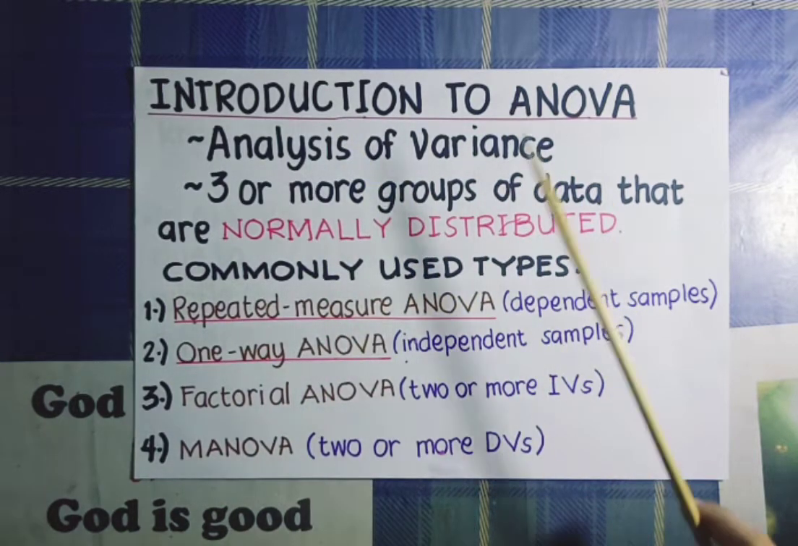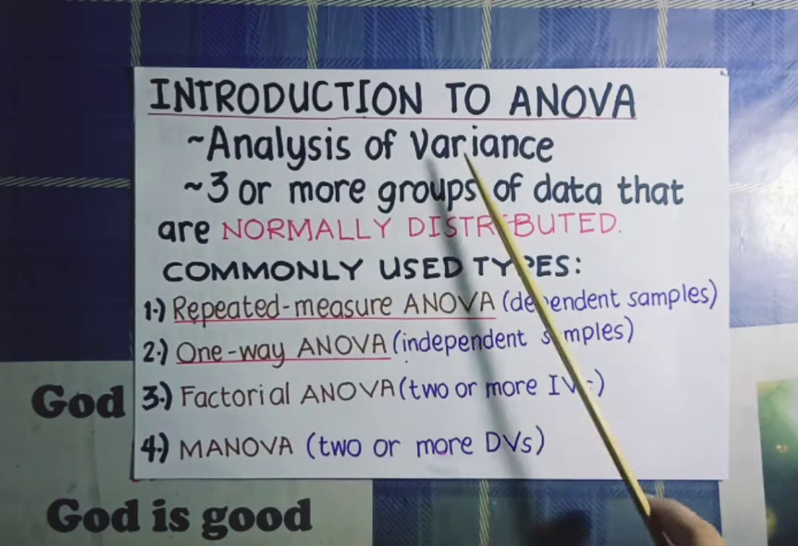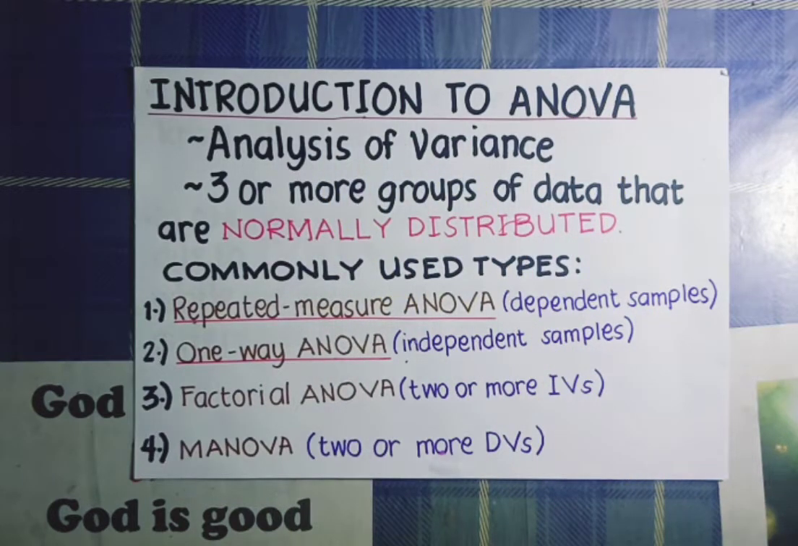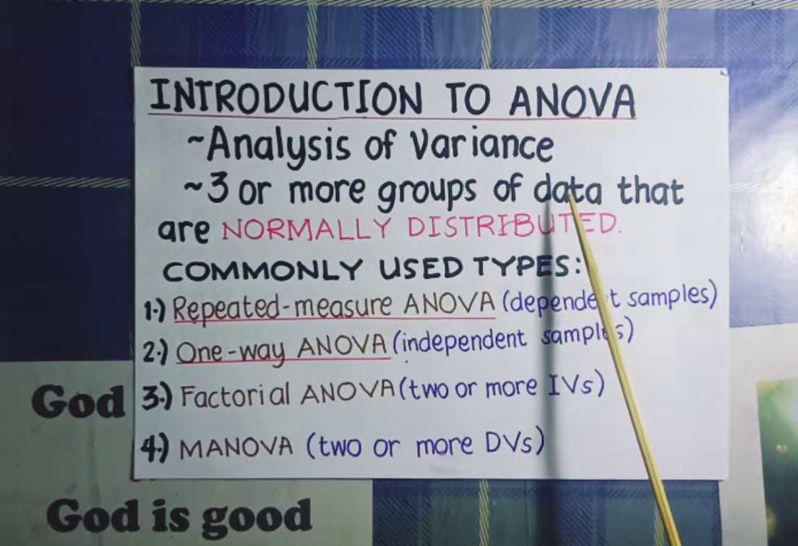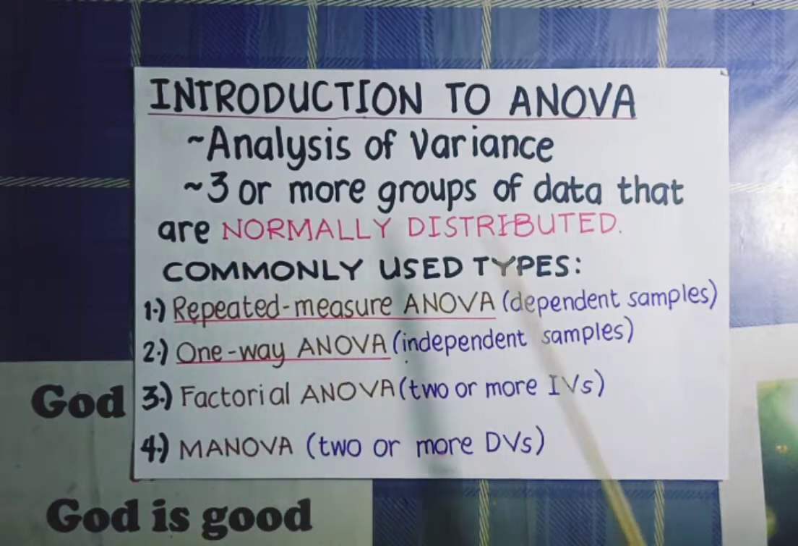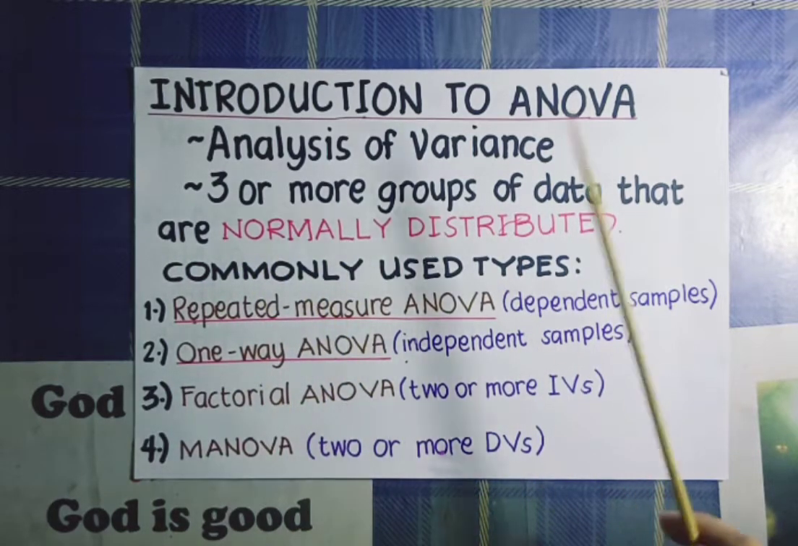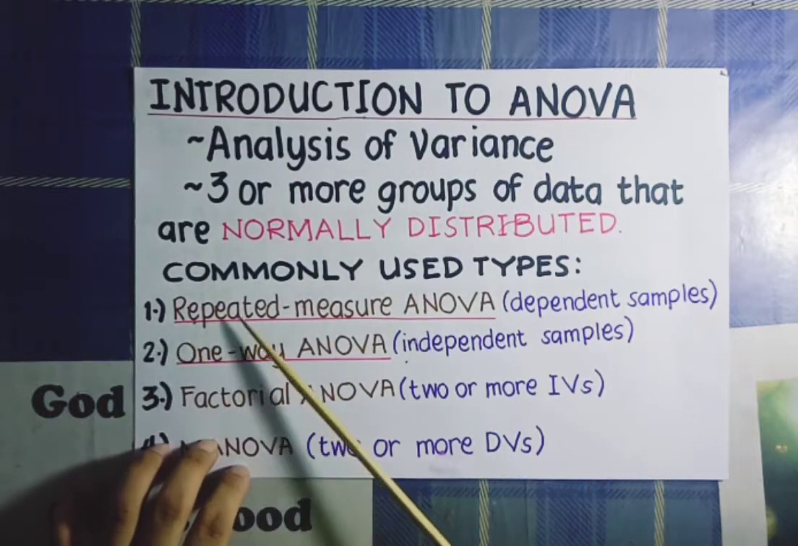First of all, ANOVA means Analysis of Variance. ANOVA is a type of statistical analysis that can be used if we have three or more groups of data that are normally distributed. Now, there are four commonly used types of ANOVA, and these are number one, the repeated